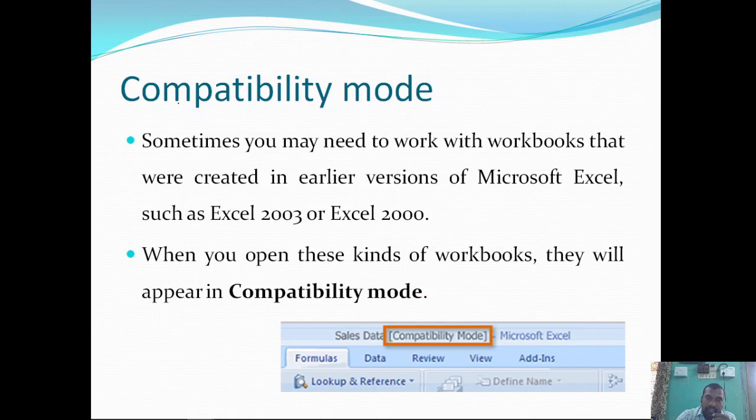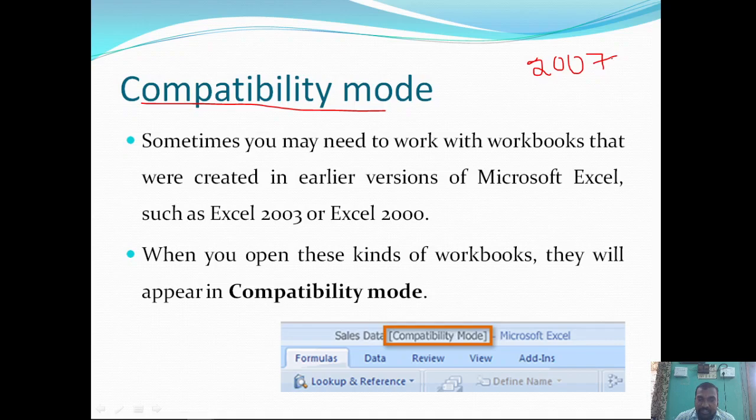The last topic that we are going to discuss in today's session is compatibility mode. Presently we are using the 2007 version of the Microsoft Office suite, the Microsoft Excel application.